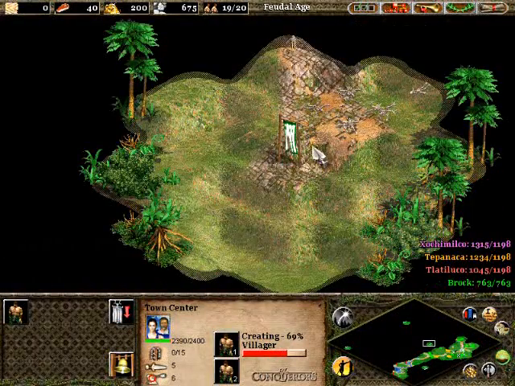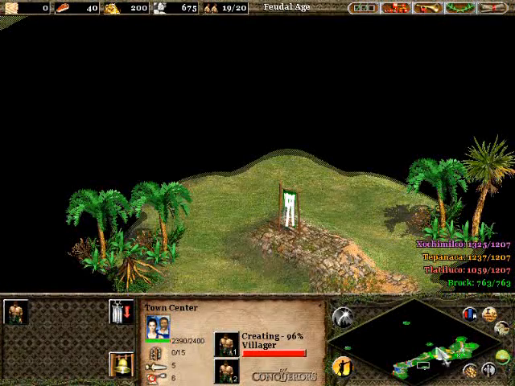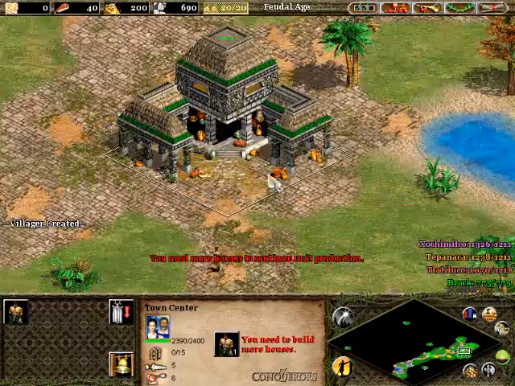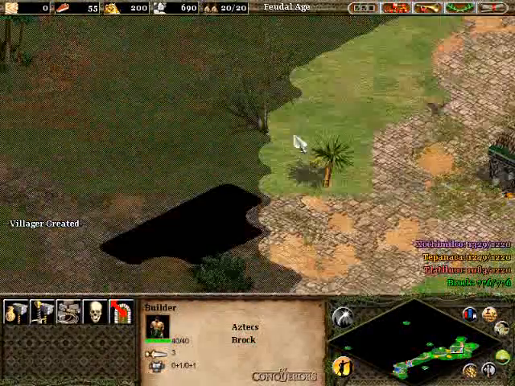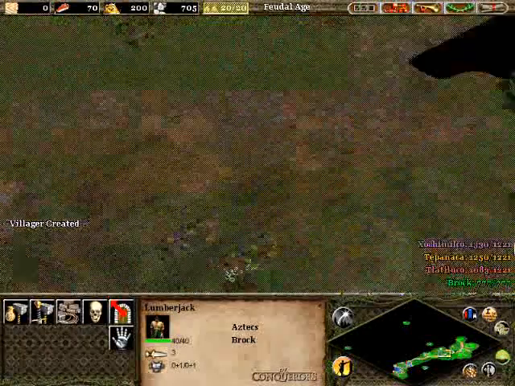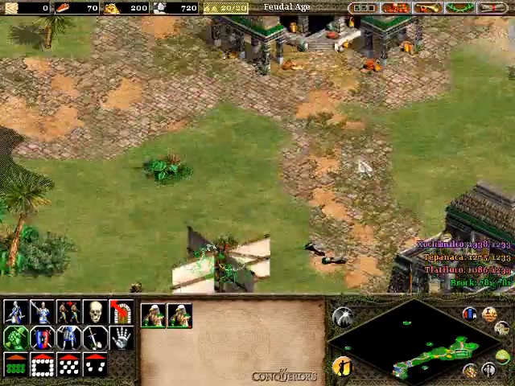You're going to want to make a castle right here and maybe a couple guard towers right here later on to defend your shrines. And it looks like I'm going to need a lumberjack, so I'm going to send you over there, and hopefully I won't get hit right there. So send these 2 eagle warriors and take down this archery range. They will build another,